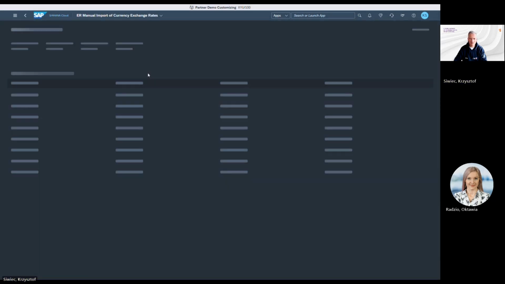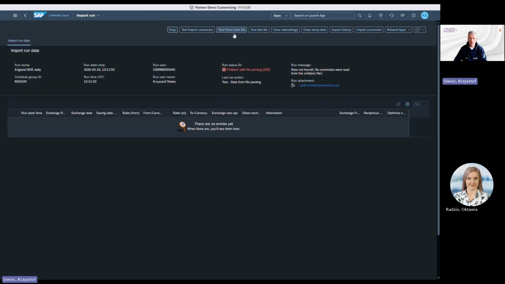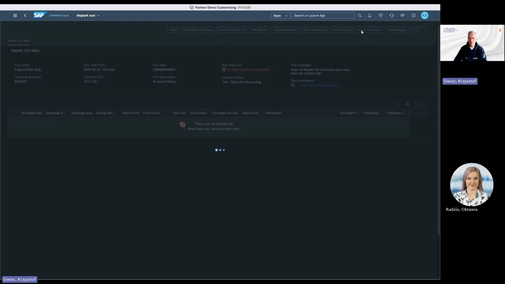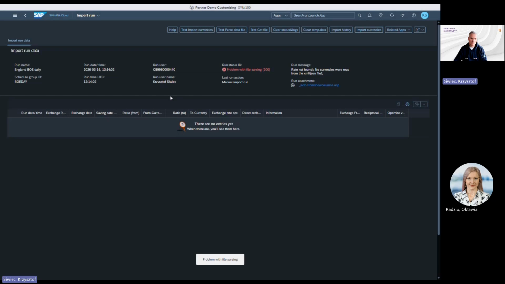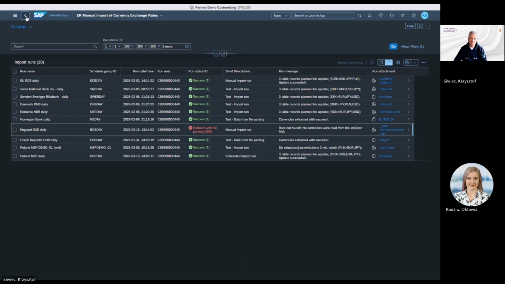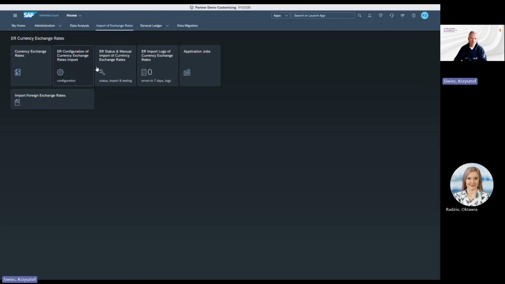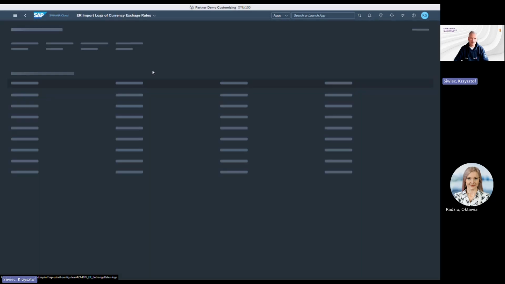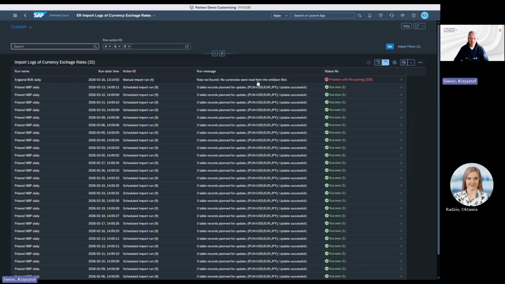Perhaps I can force the error. So because before I was testing, but I'll try to import currencies that I know that will end up with an error. And yes, if I wait few seconds, I'll get the information that I have one error in my logs, and this makes me check it, and I can see that with this Bank of England I have an error. I should perhaps check what's the reason for it.